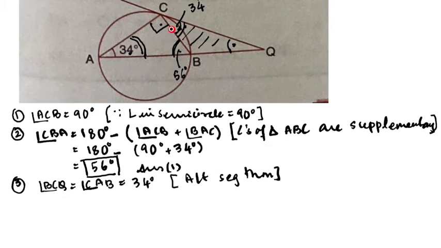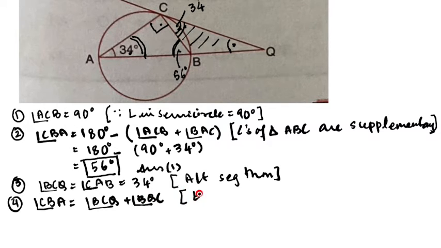Now we will connect angle CBA as the exterior angle. So the fourth statement will be angle CBA is equal to angle BCQ plus angle BQC, and this will be because exterior angle of a triangle equals sum of